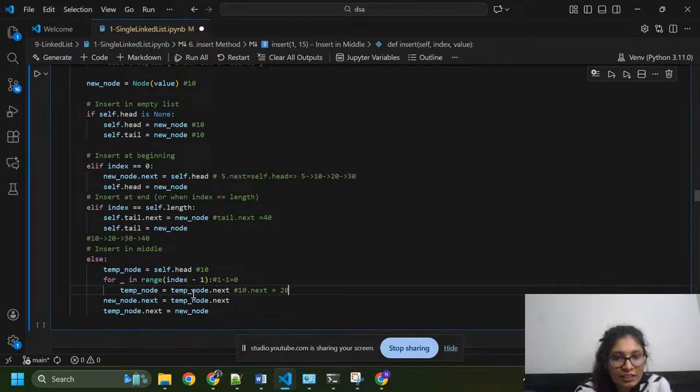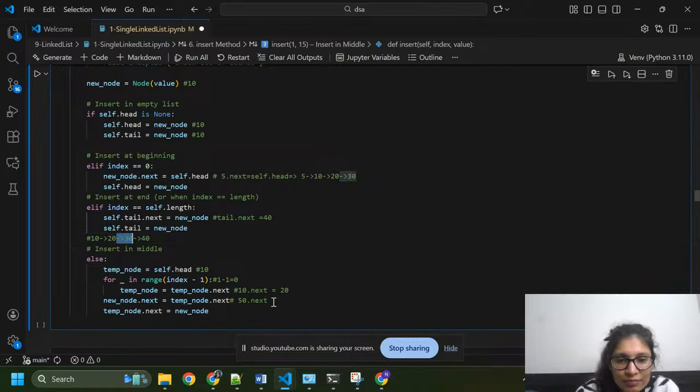So here new node dot next. We are going to add a new node here in the middle at index 1, whatever it is, here 50. New node dot next will connect with temp node dot next, meaning 50 will connect with 30, which is the next node from 20.